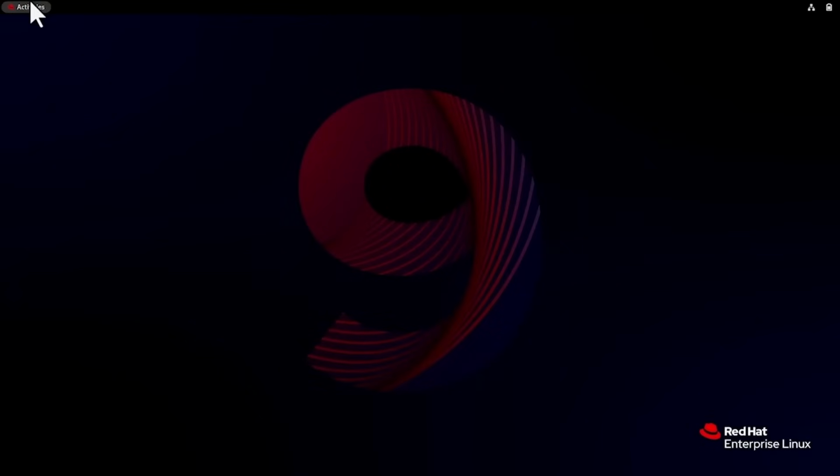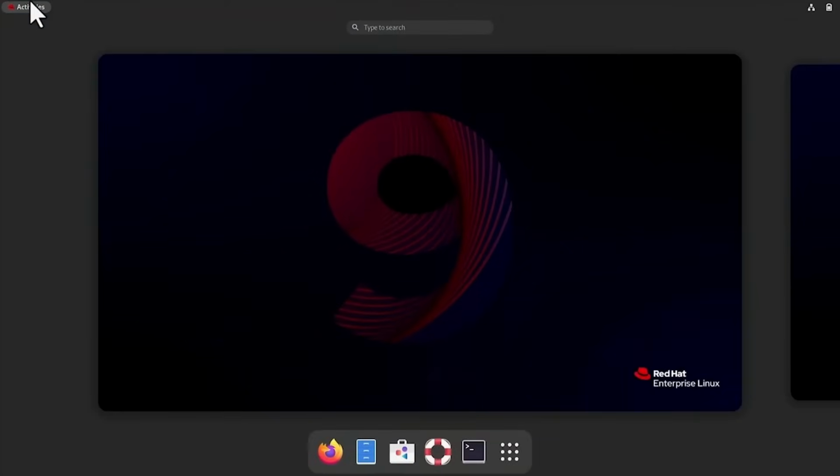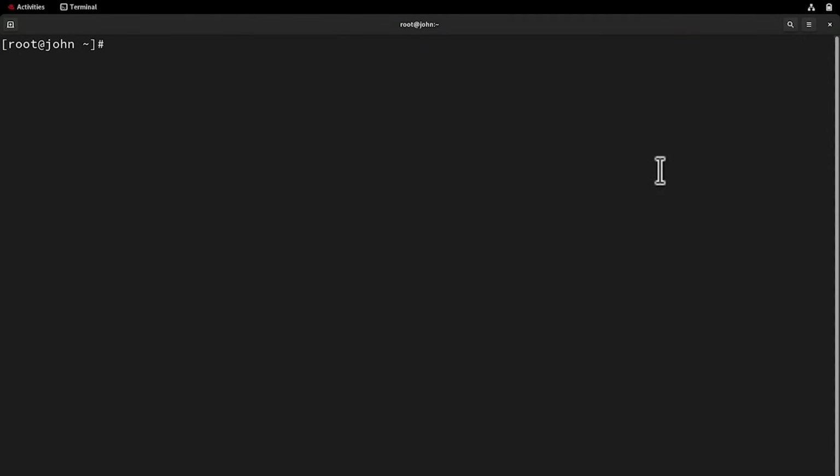To begin, click on the Activities tab in the top left corner of your screen. Then, locate the terminal icon at the bottom of the Activities view and click on it to launch the terminal. First, let's check the SSH configuration file for any syntax errors. In the terminal, type the following command: